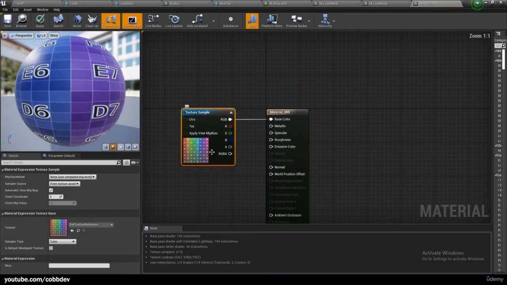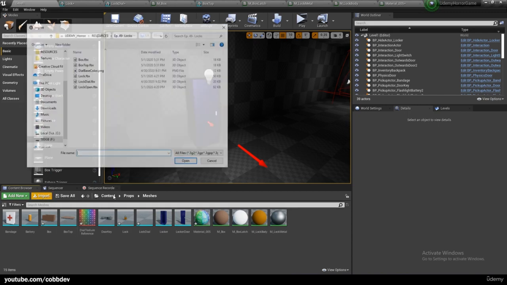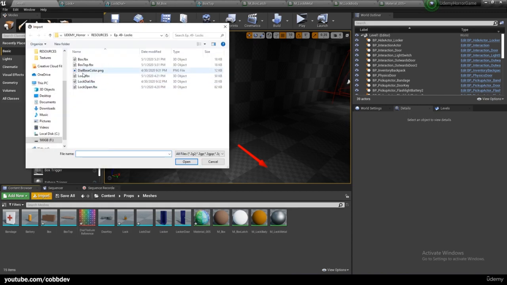this is not the correct texture. This I created in Blender, I believe. So we're gonna have to replace it. And I actually did create a texture for this. I think I just forgot to put it in my resources folder. So let's import, and I cut so I could add it to my resource folder, and it's right here, dial